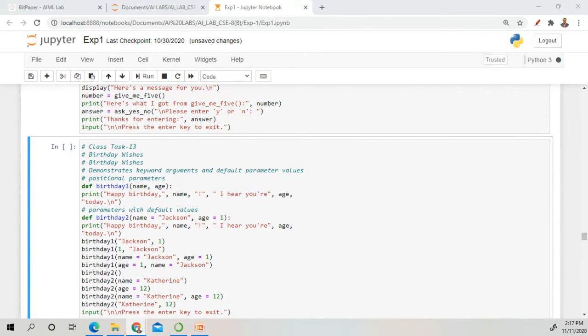Gautam, I have given a poll right now and you have to poll your option.